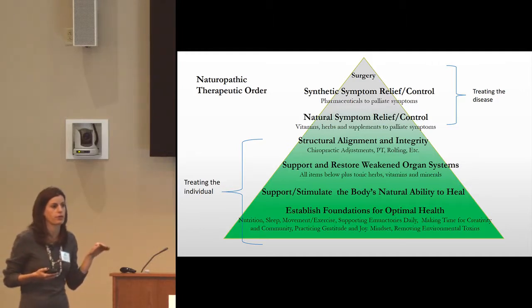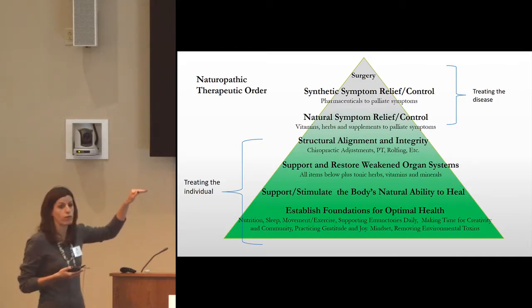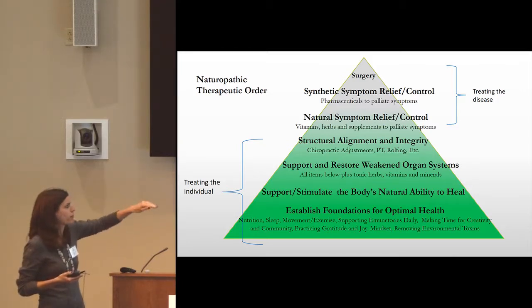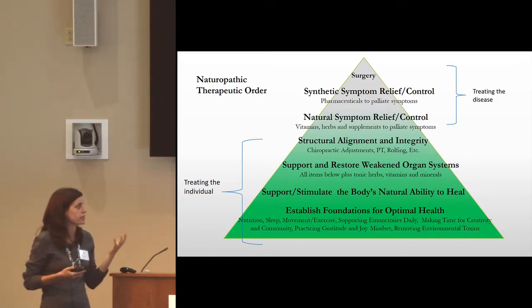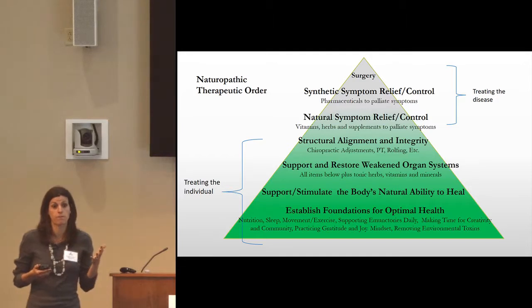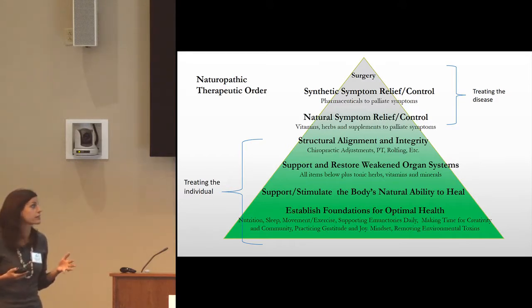So instead, what we did with her over the course of the next 16 months is we worked on those bottom 4 levels. And really, for me, it's the bottom 3 levels. I usually refer out for any kind of structural issues for people. So the first thing we did was we established some foundations for her. I also wanted to start with a specific organ system. Every time I meet somebody, I'm assessing what organs we need to address. And usually it's going to be multiple systems over time when there's an autoimmune disease or other complex chronic disease.